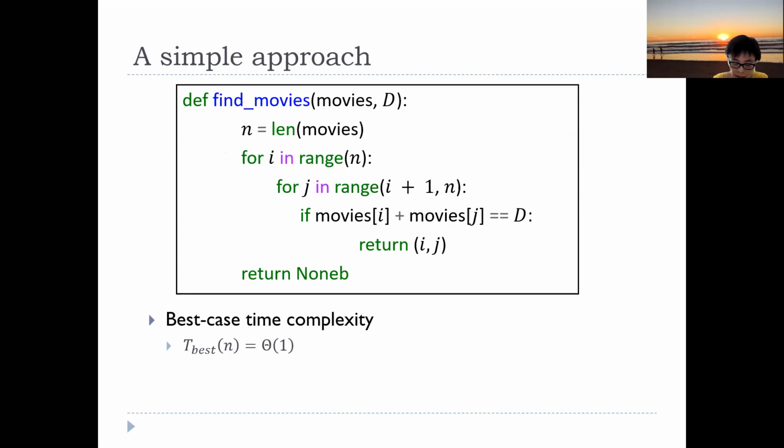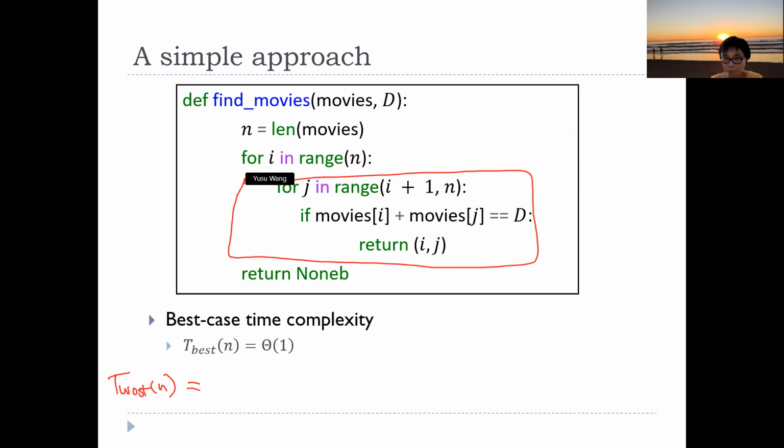Let's now look at the worst case. You always go inside out, so for each of the inside, you never return till the end. That's the worst case, so this is a constant. And how many iterations? We have n minus i iterations for the inner loop. That means the inner loop takes time, for fixed i,